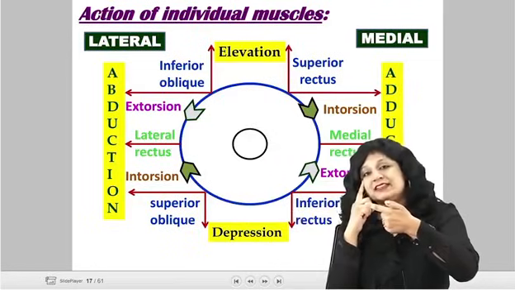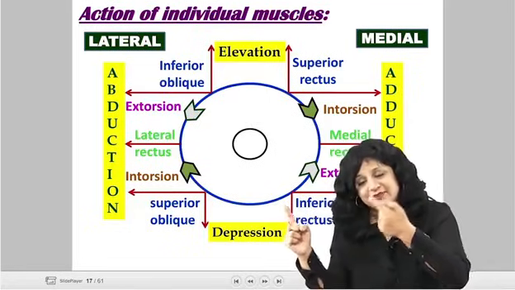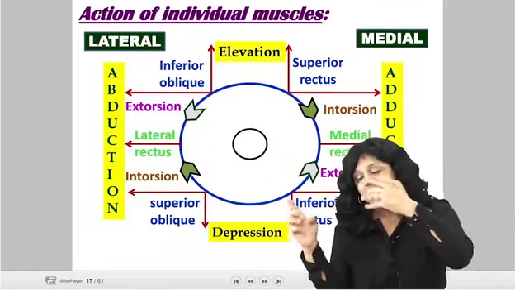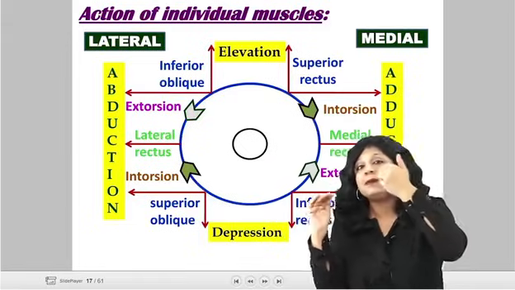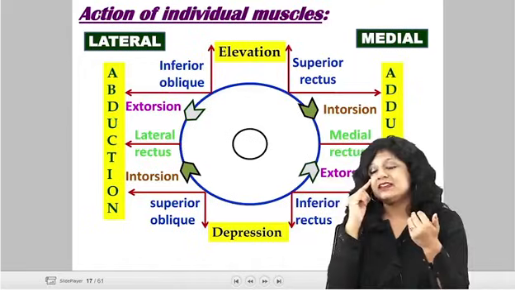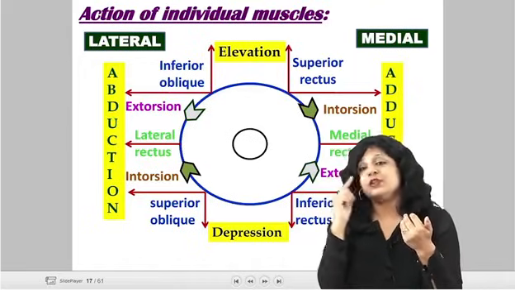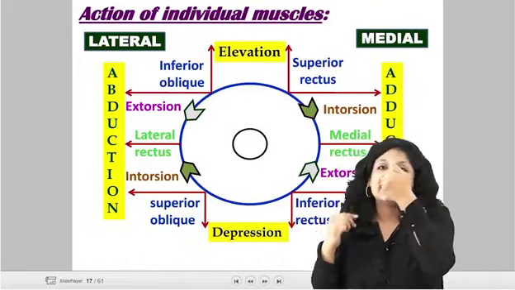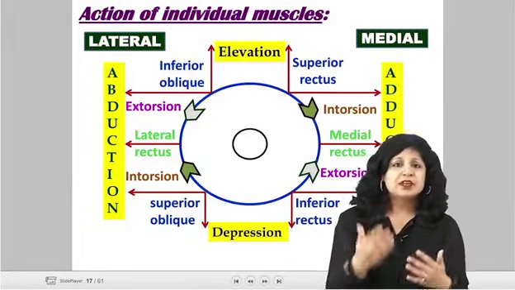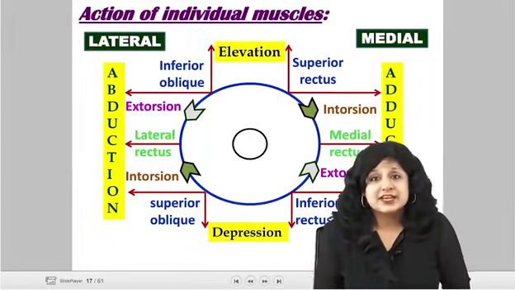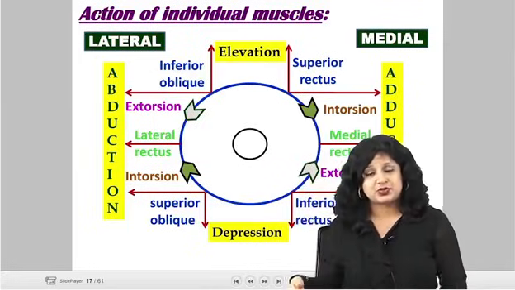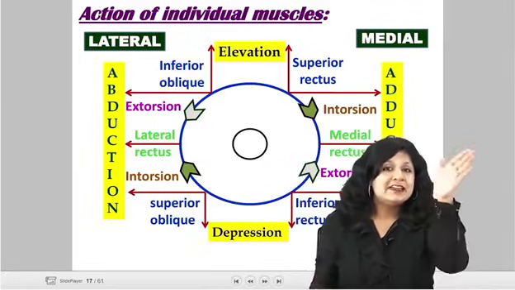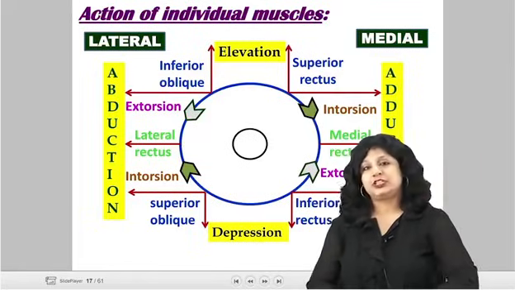So which muscle of this eye? Lateral rectus of right eye. Which muscle of left eye? Medial rectus. So both are contracting simultaneously. So basically both the muscles are used. In this it is abducting, so lateral rectus. Here it is adducting, so medial rectus. So in these 6 positions, the dextroversion, the dextroelevation, dextrodepression, levoversion, levoelevation and levodepression, you can check